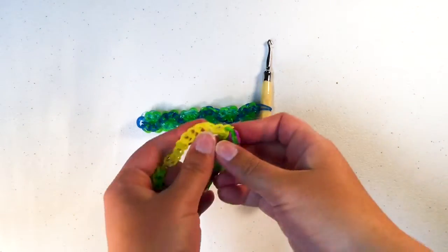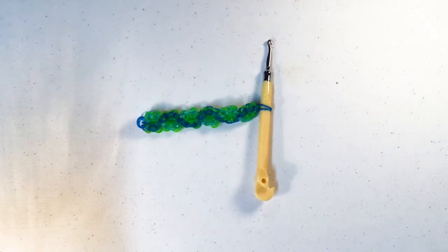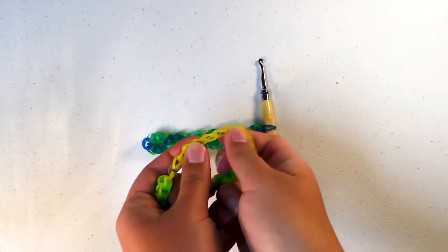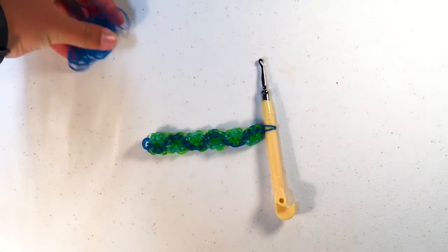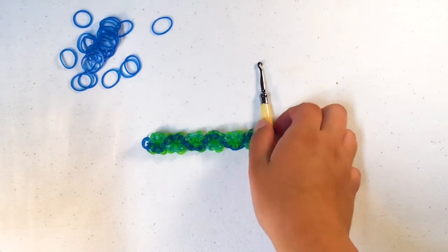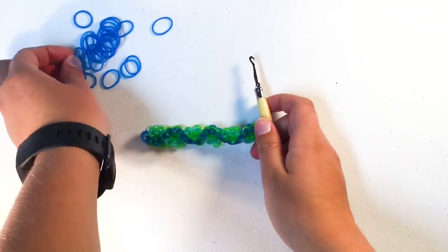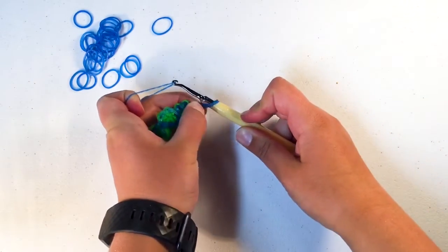Next, we're going to be adding on these extension bands right here. So go ahead and find a color for your extension bands. I'm going to be using this dark blue color. And you can make this as long as you want, just as long as it fits around your wrist. So you're going to take one of your bands, put it on your hook. You can slide this up now,